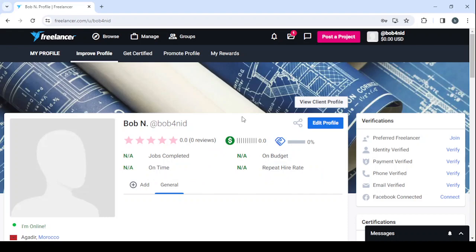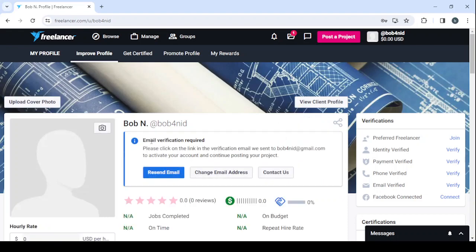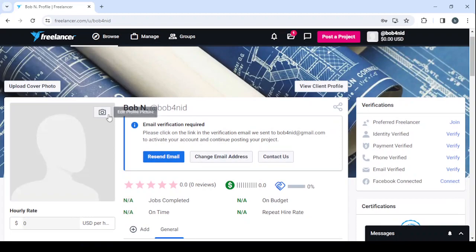So let's start adjusting our profile by clicking on edit profile in here. And then the first step you will need to do is to verify your email. As you can see, email verification required. So make sure to verify your email. After that, you proceed to